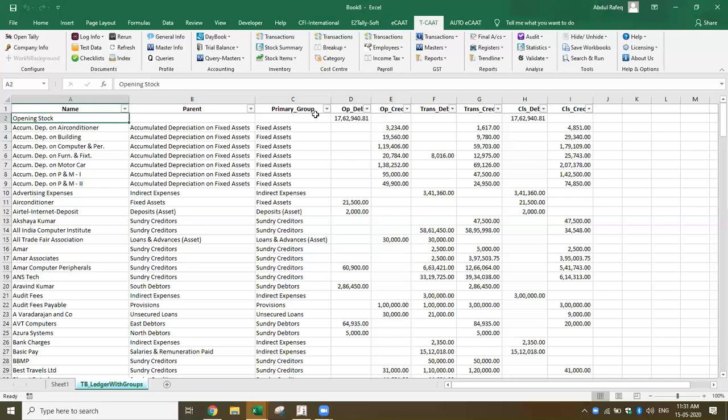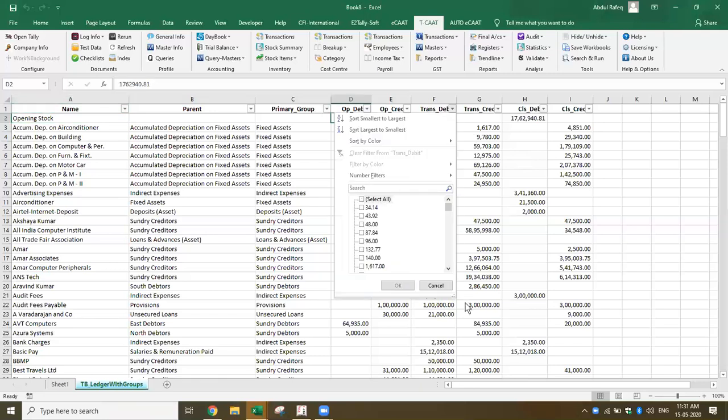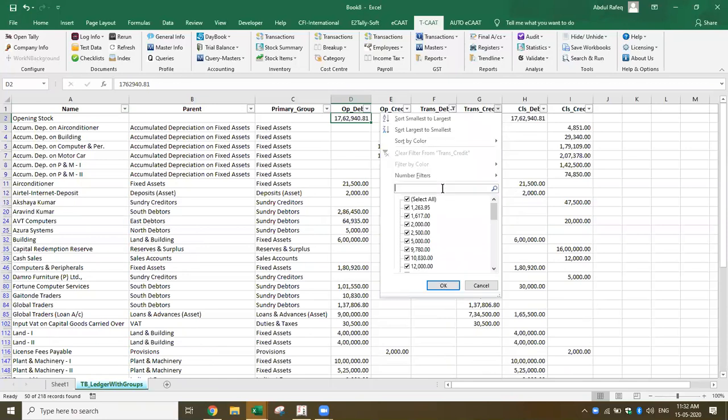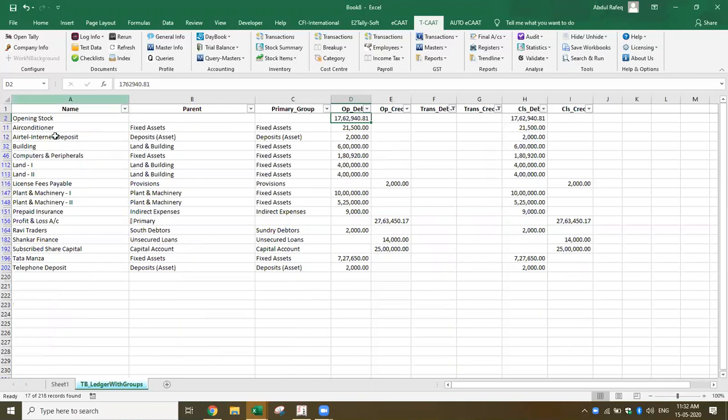Once I got this data, this itself can be used for the purpose of audit planning. For example, if you want to do opening balance verification, all the data is available here. Now you want to find out which are the accounts where transactions have not happened. You can just use the normal Excel functions. Let's say there are no transactions during the year. I can just use the filter here and pick up the places where there are no transactions during the year. Now I also find that in this case there is an opening balance, but there are no transactions. So once I have the data in Excel, I can do various types of analysis.